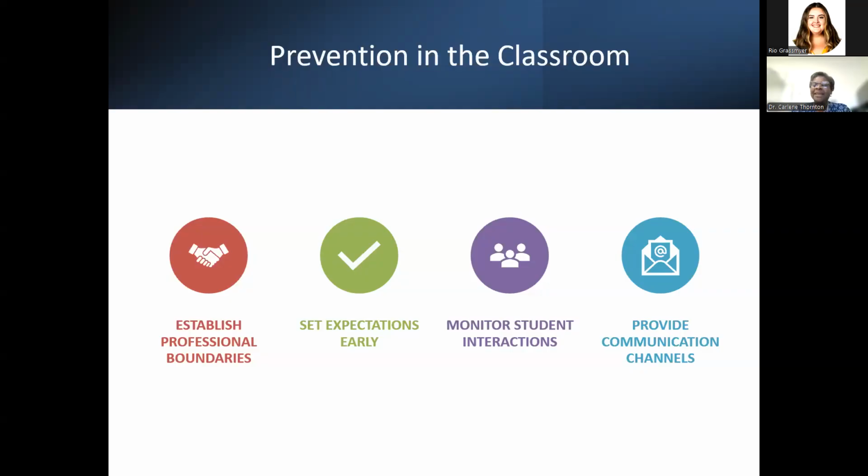And be mindful. You have to be on the lookout. Be attentive. Pay attention. Know what's going on in your environment. Know what's going on around you. We can't sit back and just be oblivious to what's going on. Notice those students' interactions with each other as well as with other educators. We have to be mindful. We have to pay attention. Just like safety is a priority when we're in a lab and we're making sure our students are doing things appropriate and right, we also have to be mindful of the behavioral aspect and their interaction with each other.